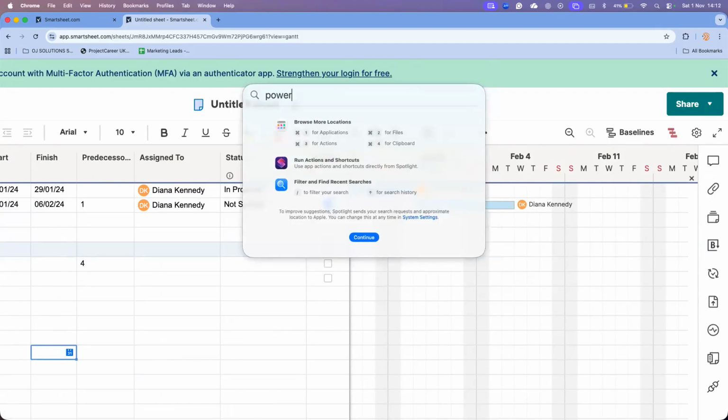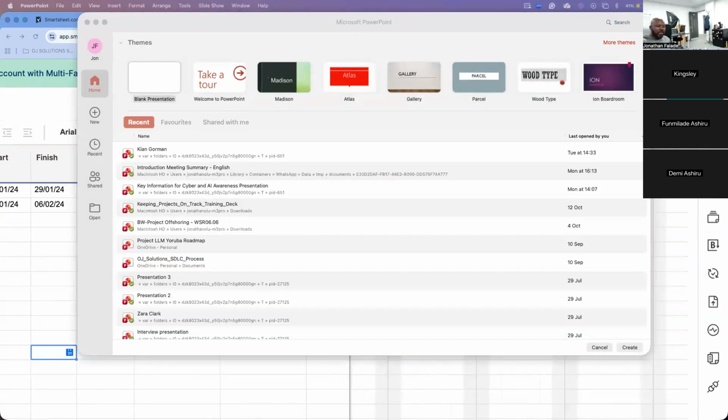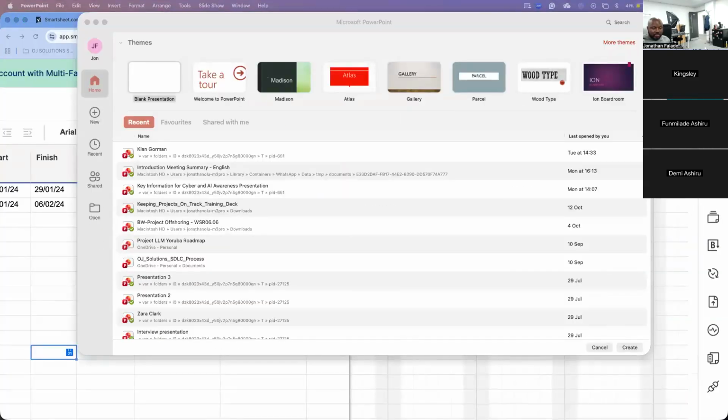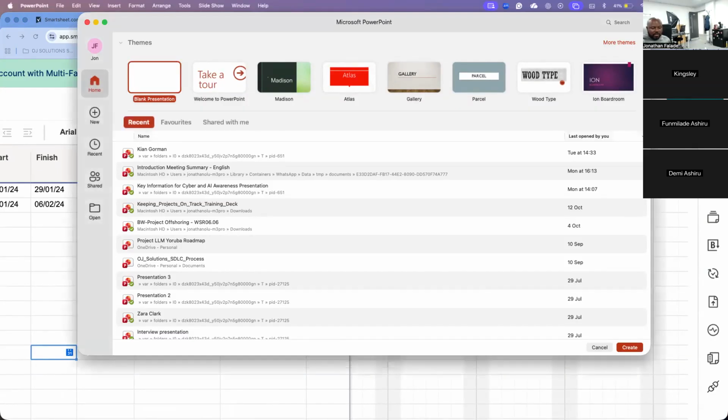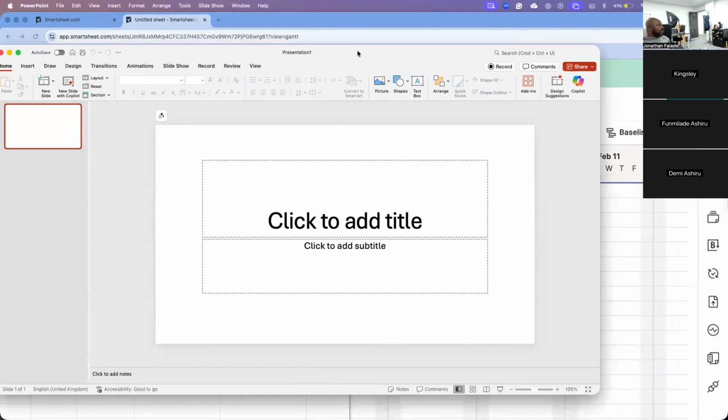So one thing I can do is go to a tool like PowerPoint, or maybe even Google Sheets as well is another one I could use. Not Power BI, it's not that complicated. So if I go here, perfect. This is up. If I just open up a blank sheet as an example, this is where we need it.